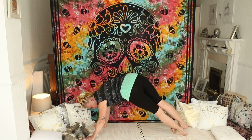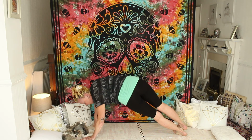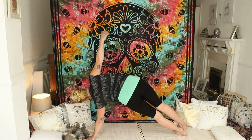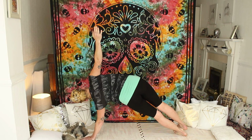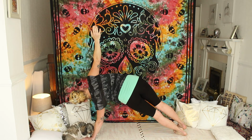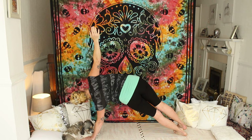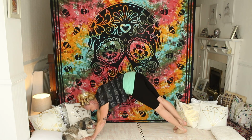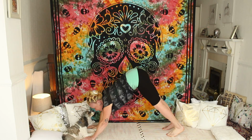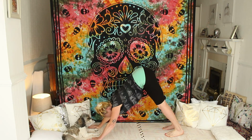We're then going to bring the weight of our head over our left wrist and hand, and we release the right hand to go up towards the ceiling. Rise up through that left arm, open out across the front of the chest, lift the left side of your body to the right, and then gently and under control, thank you Baxter, bring the hands back, dog pose, head down,